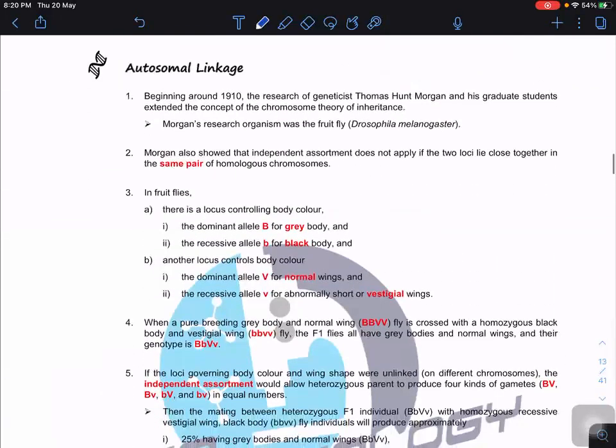Any questions regarding codominance? If no,